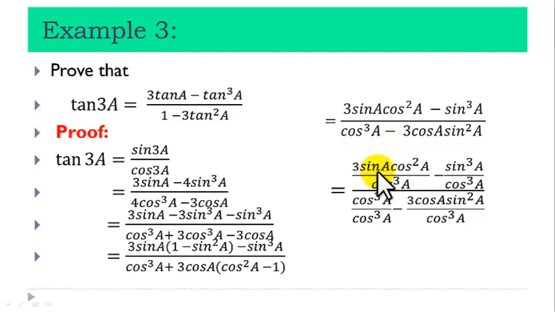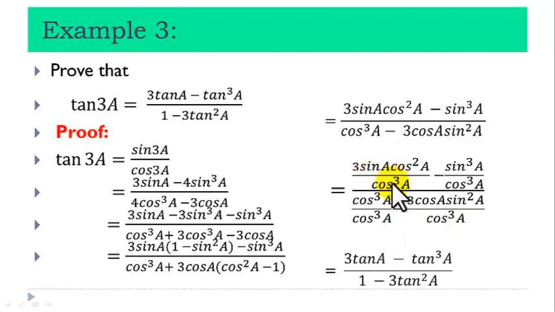Dividing both top and bottom by cos cube a, that will give us 3 sine a cos squared a over cos cube a minus sine cube a all over cos cube a, all over cos cube a over cos cube a minus 3 cos a sine squared a over cos cube a. In this first term, cos squared a will cancel cos cube a to give us sine a all over cos a here. And here, cos cube a will cancel cos cube a to give us 1. While here, cos a will cancel cos cube a to give us cos squared a here. So this will then give us